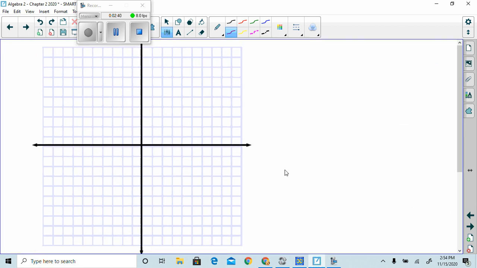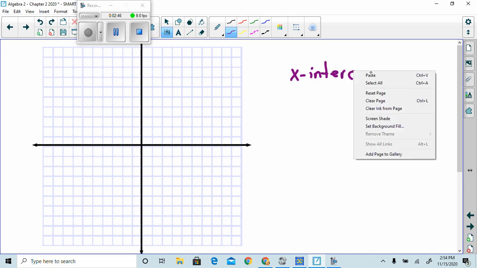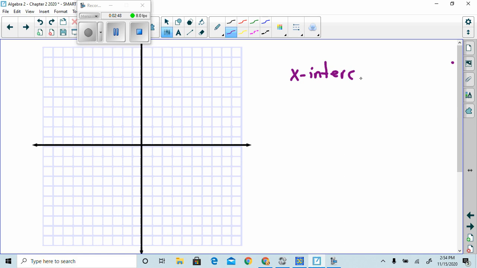What if I told you that my x-intercept equaled -3 and my y-intercept equaled 4. Well, an x-intercept is a point on the x-axis, so that tells me that that point is -3,